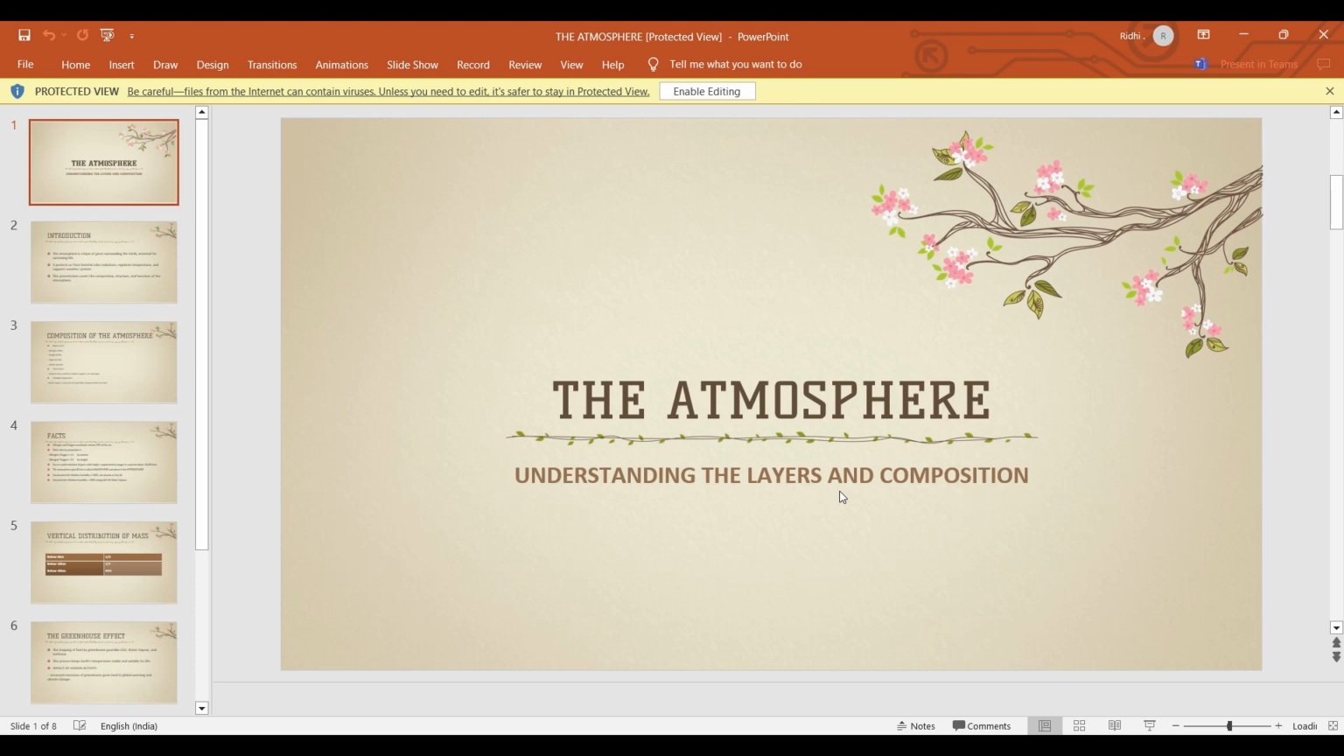Hi everyone. So today we are going to start with the chapter The Atmosphere. Now we are going to understand the various layers and the composition. Before that, I would like you to familiarize yourselves with the International Standard Atmosphere, in order that all the aircraft